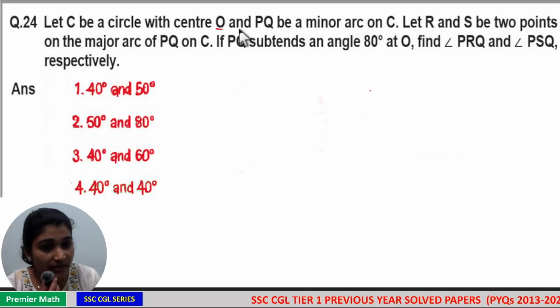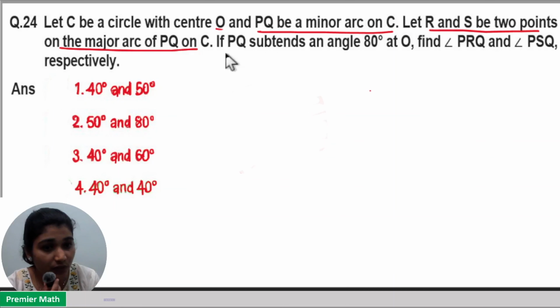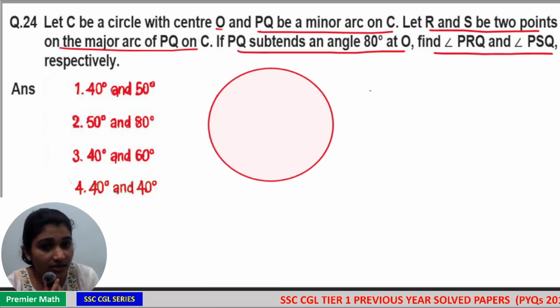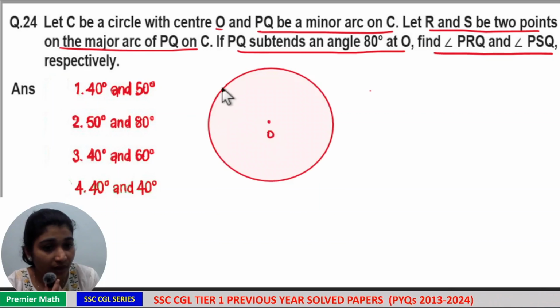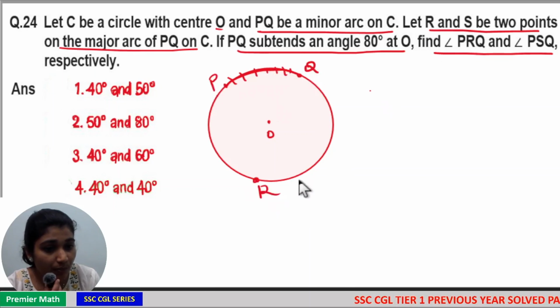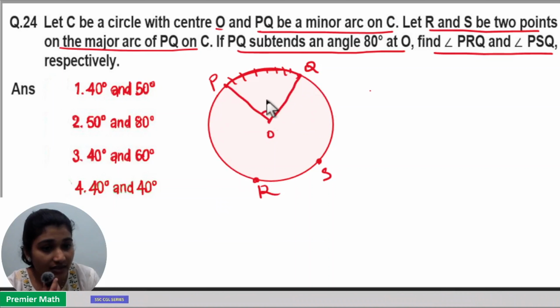Let C be a circle with center O. PQ be a minor arc on C. Let R and S be 2 points on major arc PQ on C. If PQ subtends an angle 80 degrees at O, find angle PRQ and PSQ. Here this is circle C with center O. And here PQ is a minor arc. So this is PQ, which is a minor arc, and R and S are 2 points on the major arc. This is the major arc. Now PQ creates an angle of 80 degrees with the center. Then we have to find out angle